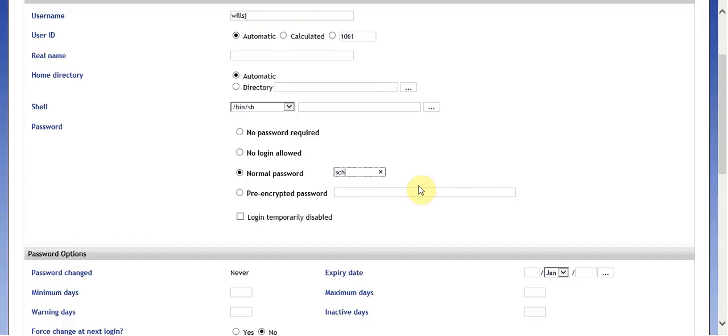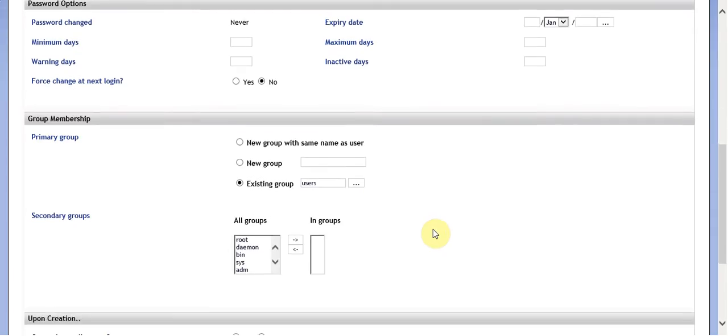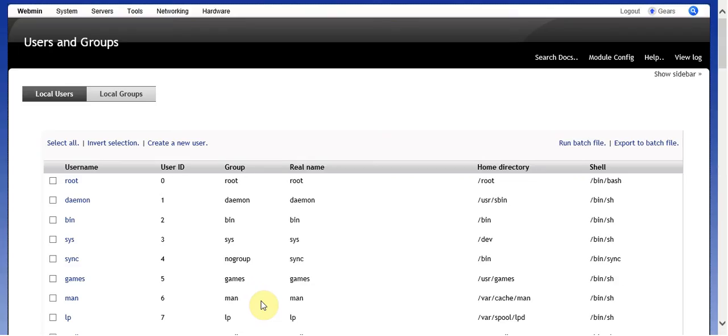Go ahead and change the password, or create a password, and I'm going to go ahead and give it school1 just to make things easy. I always do that, and then I go back and change it. I have my students give me passwords that they want, and I go ahead and change it that way. And then I'm going to leave everything else the way it is and press create. So that gives us the Linux user name,